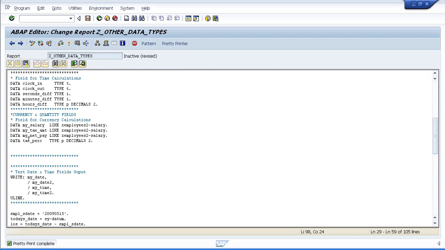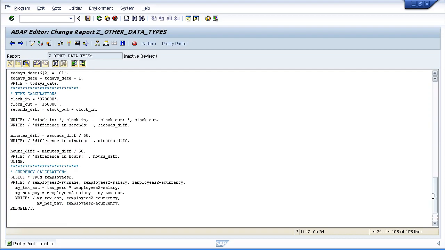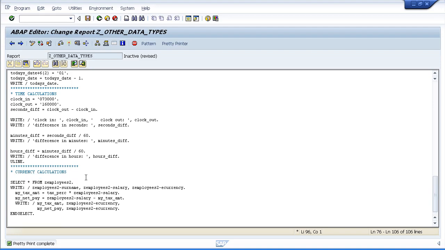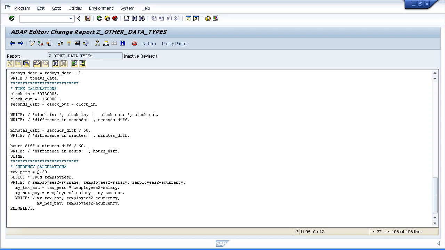So in the data declaration part, I'll tell you what, let's do it down below in the code. So we're going to say our tax percentage is equal to 20 to represent 20%. Oops, there we go. Okay,